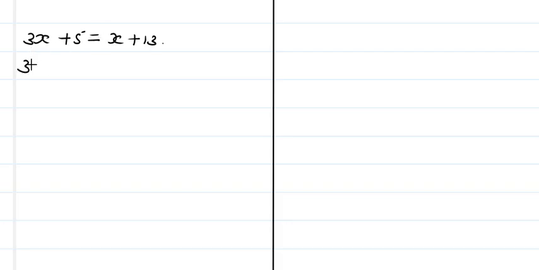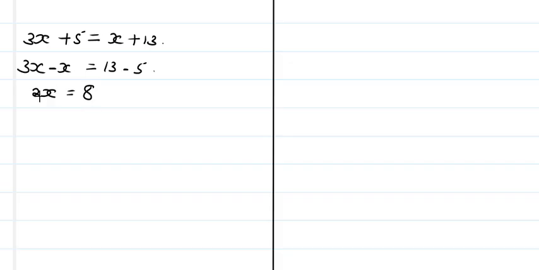So it will be 3x, then I take this x to the other side, and because here it was positive, when it goes on the left side of the equal sign, it becomes negative. That's why I say 3x minus x is equal to 13. This one remained on the right side, but now minus this 5, I take it to the other side, and because it was positive on this side, it will be negative, like that. So now it becomes 3x minus x, which is 2x, is equal to 13 minus 5, 8,